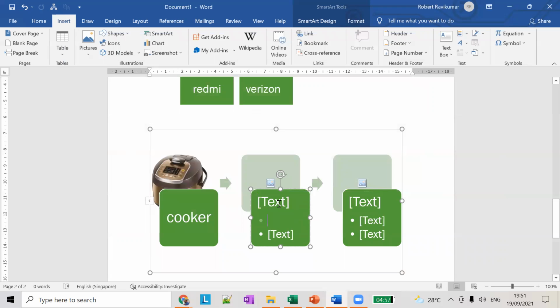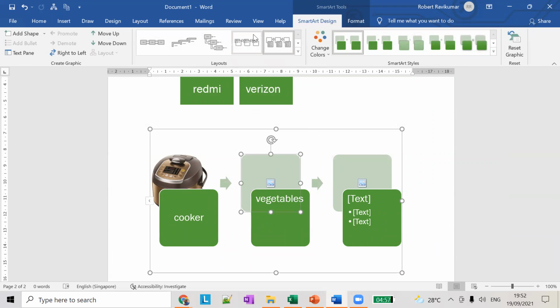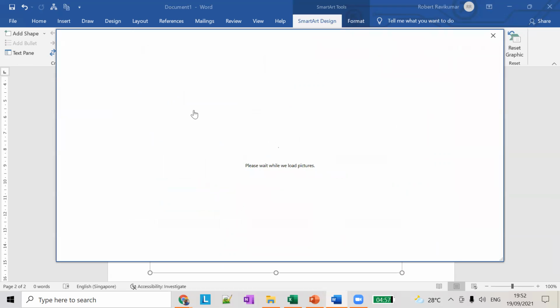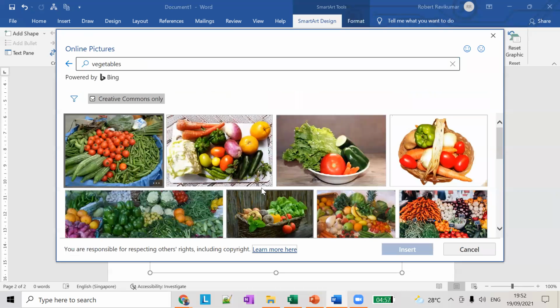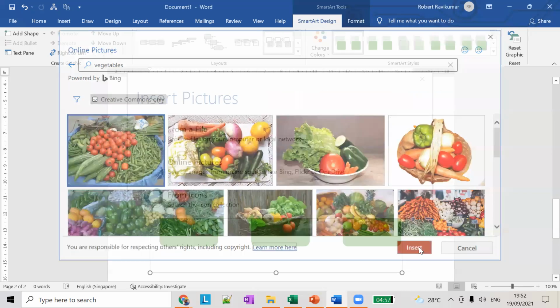Okay, let's start the text vegetables. So vegetables. Okay, so I'm not sure whether this option is available for you. Okay, because this is the latest thing. Sir, I cannot get. Yes. Okay, so that's a problem. You should have the latest version. Okay, so then again double click it and add pictures from online. So vegetables. So you can add it here and do it something like this.